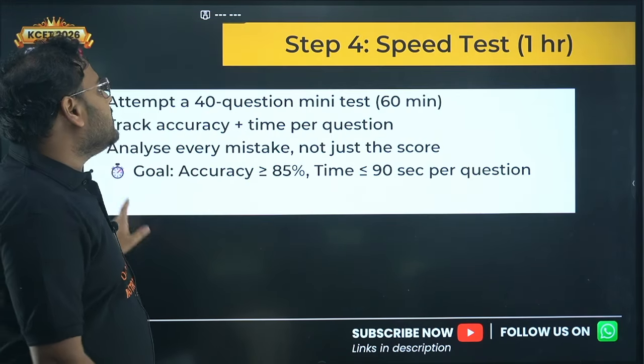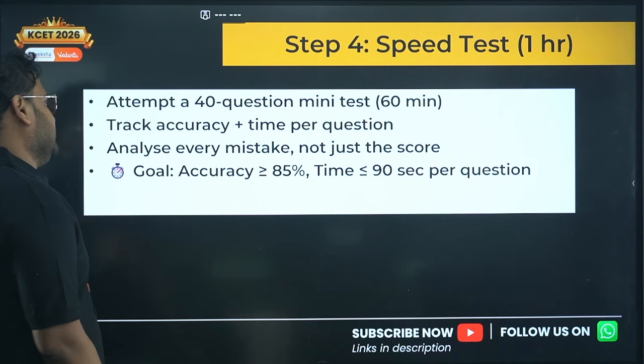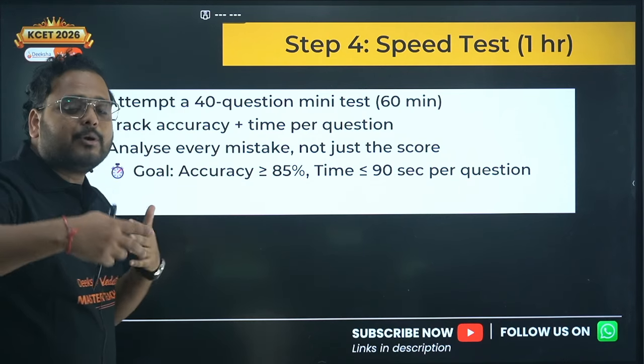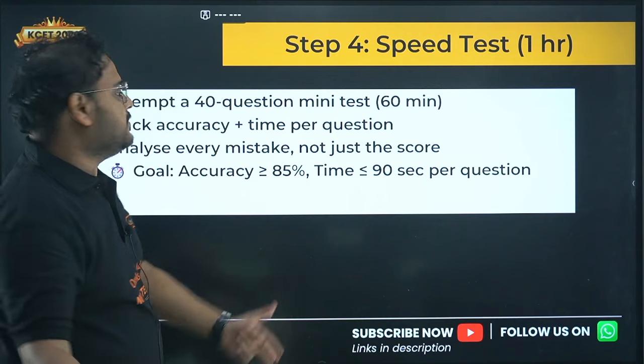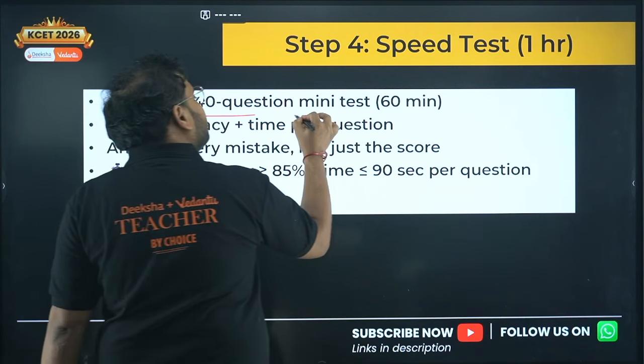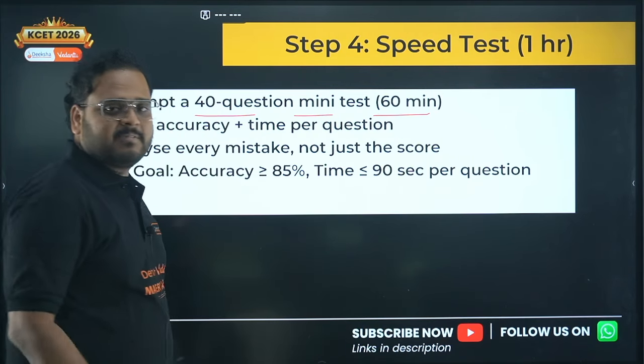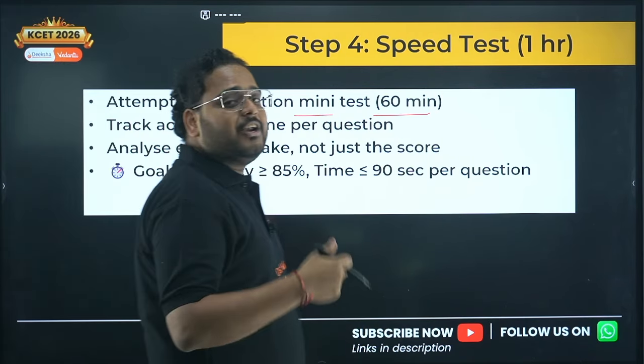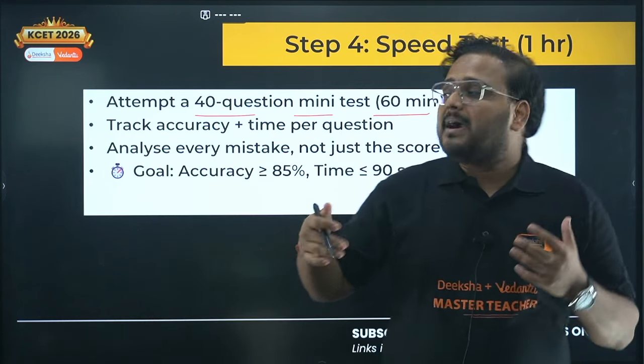Step number 3 is over. Step 4 is the speed test. Yes, you have to start making a habit of writing as many mocks as possible. So take 40 questions, write a mini test in 60 minutes. 60 minutes, 40 questions. I understand you need to solve 60 questions in 60 minutes, but what happens now